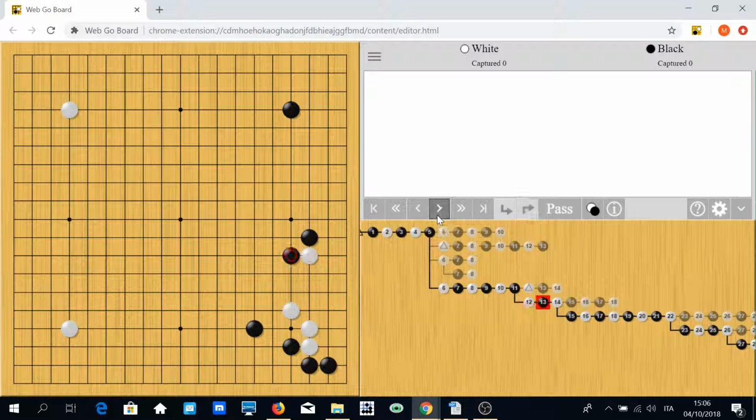Why is this interesting? If black tries to hane this way, there is this very interesting move, and this is a move that teaches you something about sabaki, the art of living in bad positions, and this is one of the weapons you should have to play at the intermediate level. This is a move